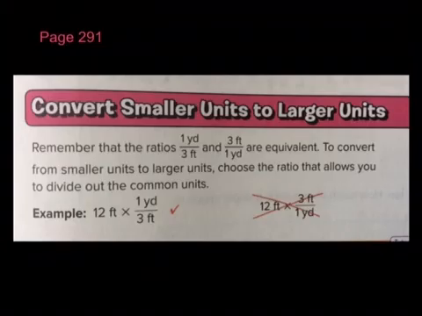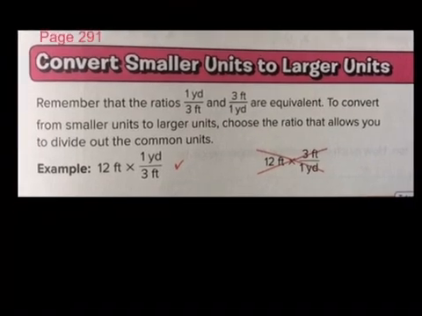Okay? On page 291 we have something that we really need to focus on. Convert smaller units to larger units. Remember that the ratios 1 yard over 3 feet and 3 feet to 1 yard are equivalent. These are the same. For 1 yard you have 3 feet, or 3 feet you have 1 yard. To convert from smaller units to larger units, choose the ratio that allows you to divide out the common units. For example, you see it right here, where we're trying to convert from feet to yards. So if I'm going to convert from feet to yards, I must put the yards in the numerator and the feet in the denominator